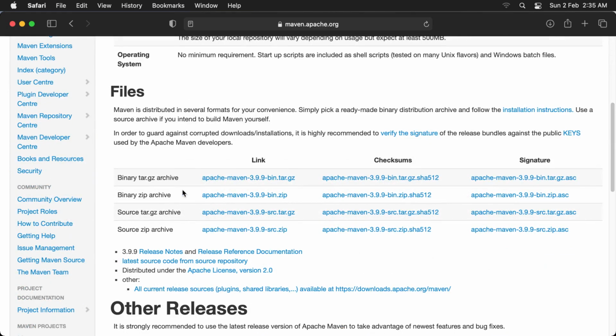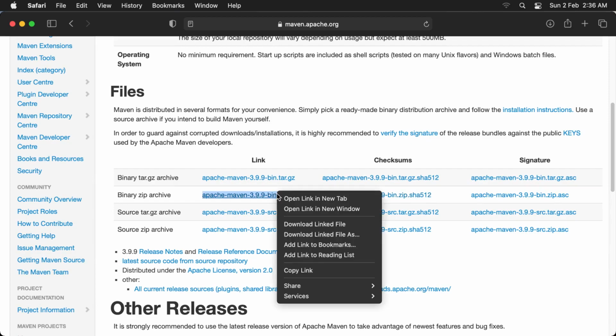You can either download these zip files or these tar.gz files. I will be using the zip file, so I'll copy this zip file and also download this sha512, which is basically the checksum, which ensures that the file has been downloaded correctly and there are no issues with the download process. So I'll copy this link,